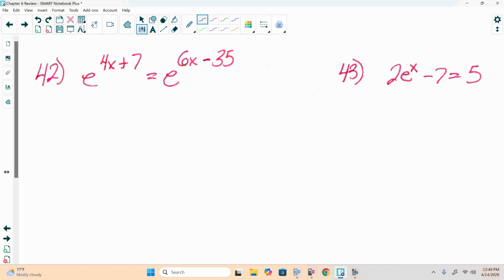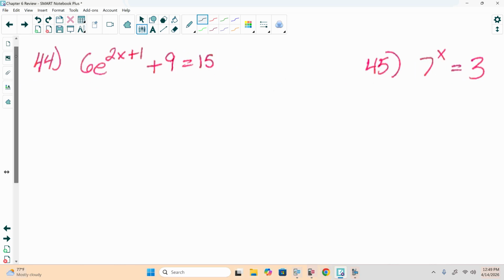Okay. We'll start off with problem number 44. 6e to the 2x plus 1 plus 9 equals 15. And with these here, we want one term on either side. So we're going to need to move everything away from e before we can do anything else. Now, we're not so much concerned about the 2x plus 1 because it's in the exponent. So the first thing we're going to want to move is the plus 9. And to do that, we're going to subtract 9 from both sides,